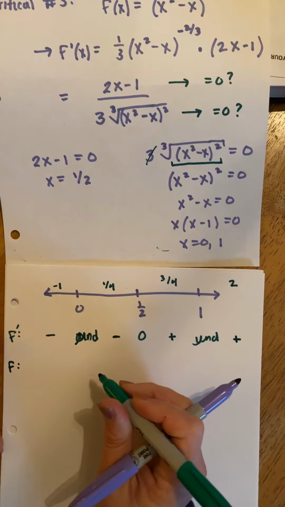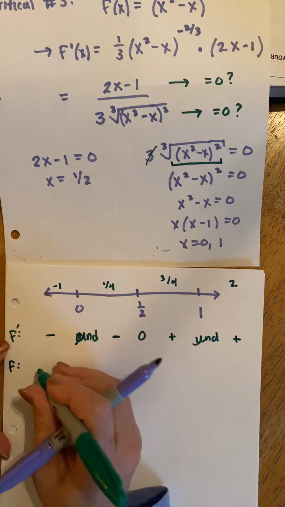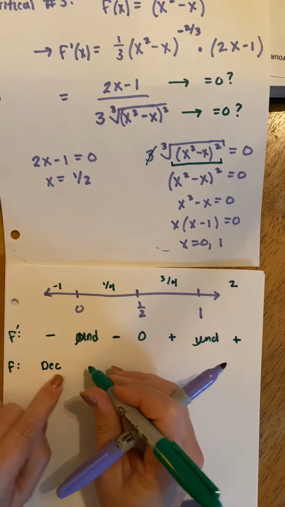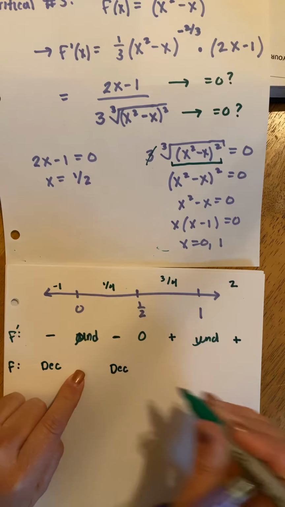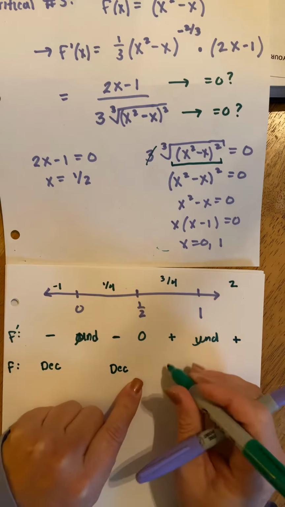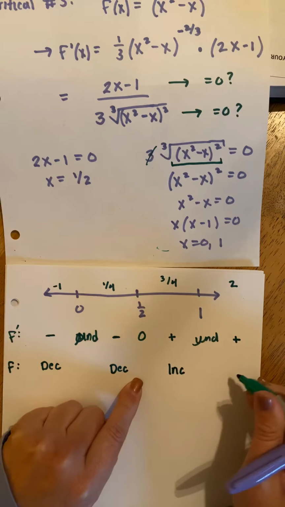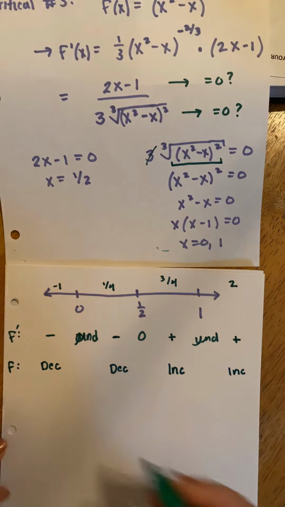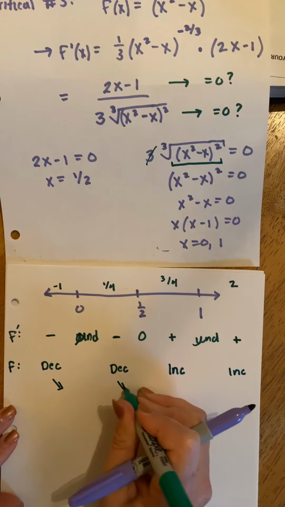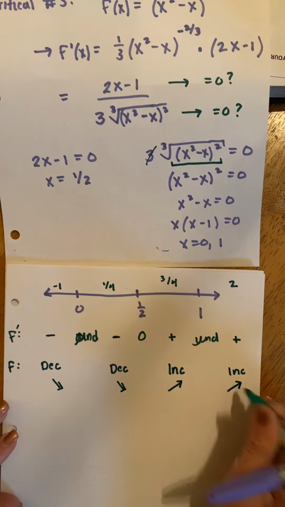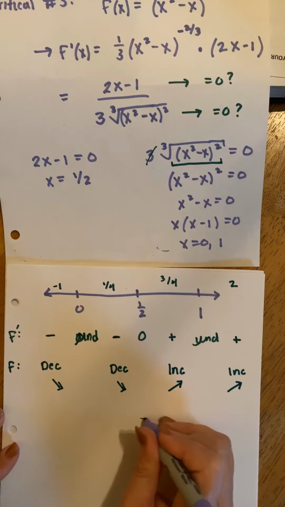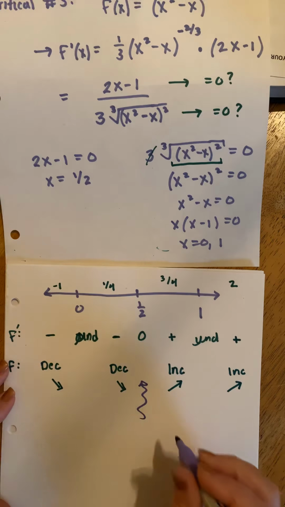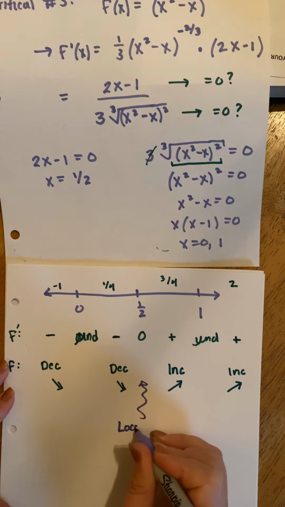So if my derivative is negative, my original function is decreasing. So the function decreases, goes through this point, and it continues to decrease. Goes through 1/2 and then starts to increase, and then the original function passes through the point x equals 1 and continues to increase. So it's going to decrease, decrease, increase, increase. So the only critical number that produces a local extreme point would be x equals 1/2. So we have a local min